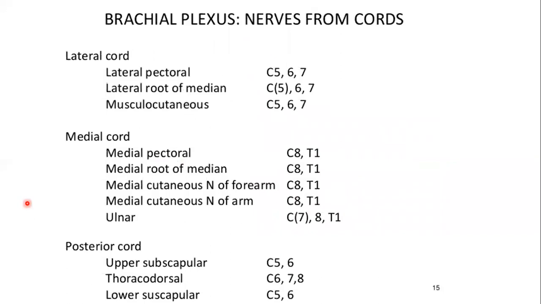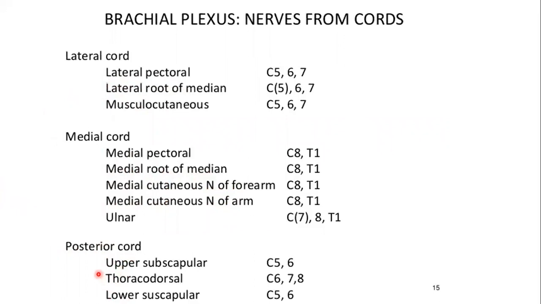Then we have got three cords from which various branches arise, namely the lateral pectoral nerve, lateral root of the median nerve, and the musculocutaneous nerve, which arise from the lateral cord. From the medial cord we have got the medial pectoral nerve, then medial root of the median nerve, and the two MC nerves, medial cutaneous nerve of the arm and medial cutaneous nerve of the forearm, and the last one, the ulnar nerve. Then five branches from the posterior division, that are the upper subscapular nerve, lower subscapular nerve,